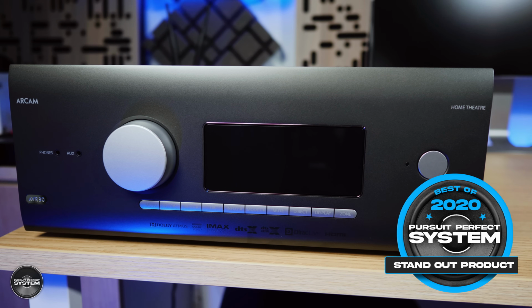This really is not an easy one for me because I really want to give this award to Arcam for their new range of AV products, or the AVRs, AV receivers, in particular the AVR 30. The AVR 30 can deliver close to a pre and power amplifier setup type of performance with 16 channels of processing, very complex setup procedure, Dirac Live, and all the new features that Dirac Live have released